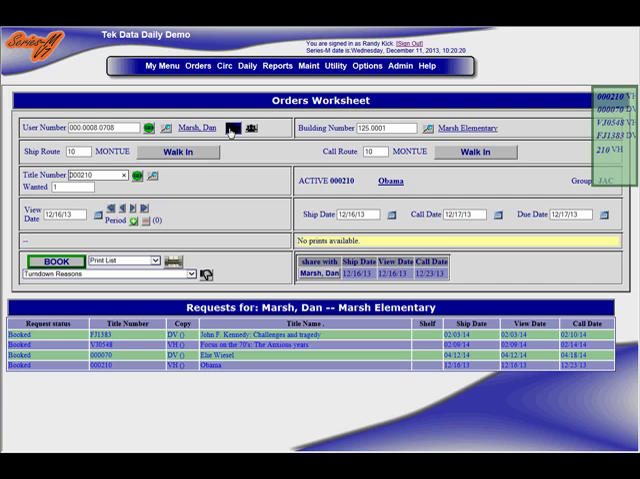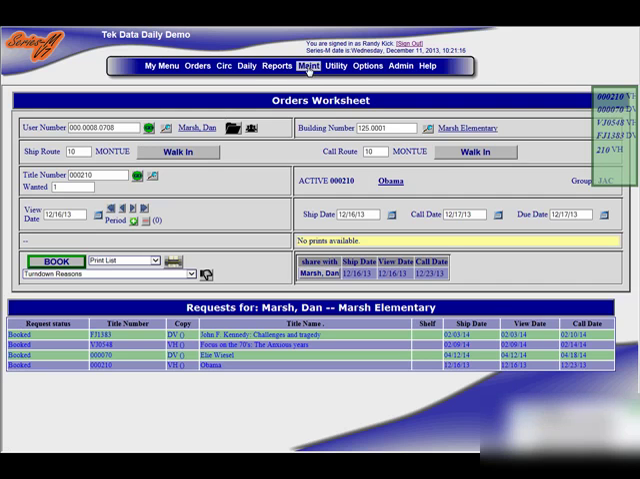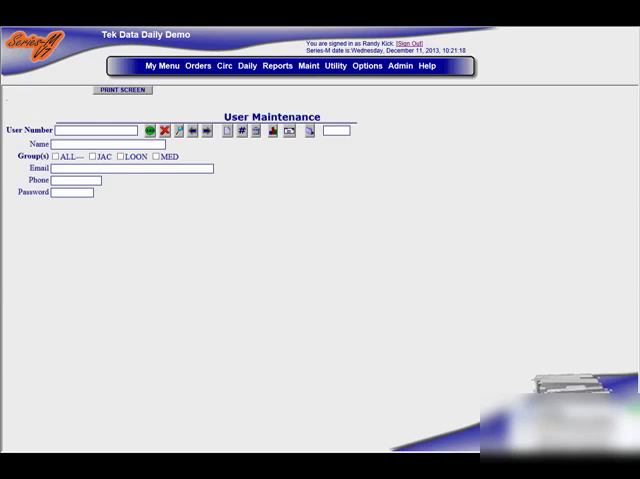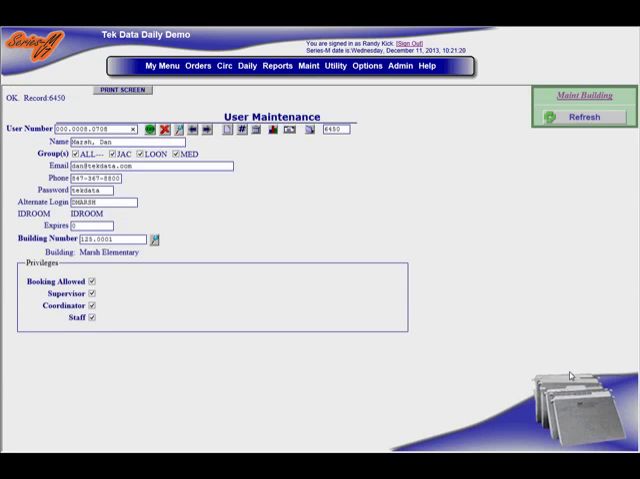We're going to take another pause here. We're back. So now what we're going to do is just jump right over to the maintenance page and show you what the